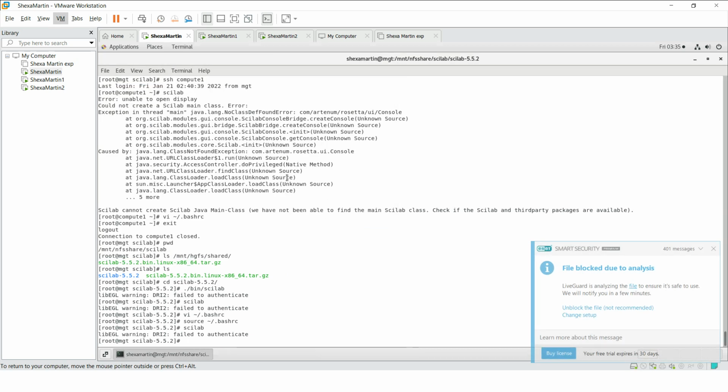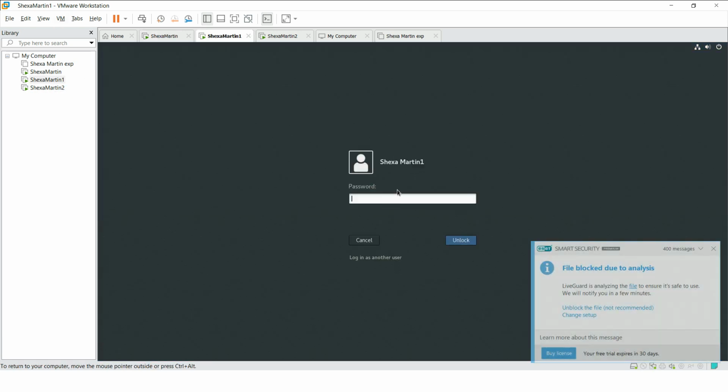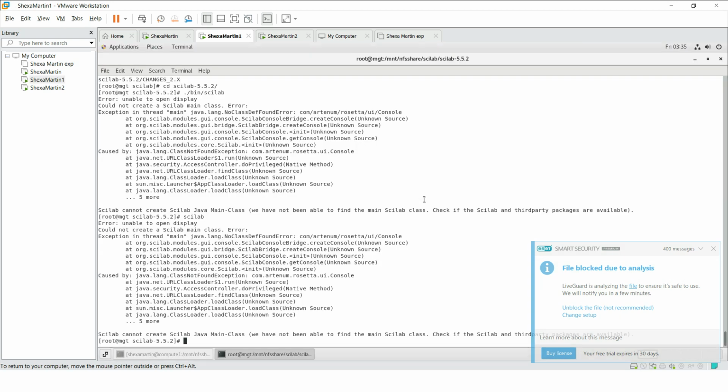Right, so that's Scilab installed. Let's now get to the other nodes. Let's say 1, 2, 3, 4. Right, in here